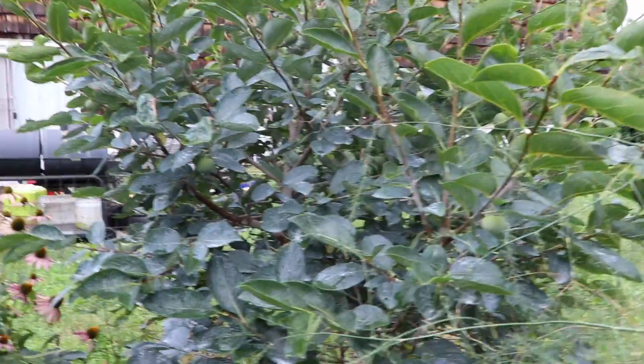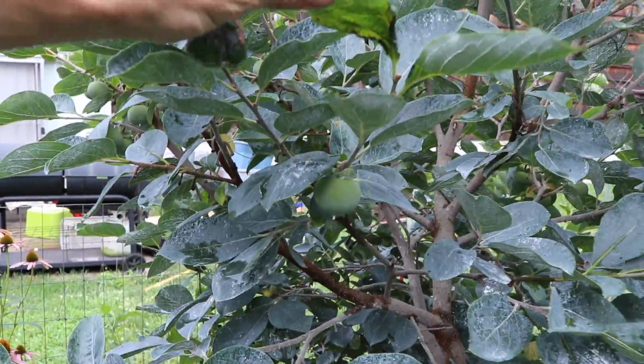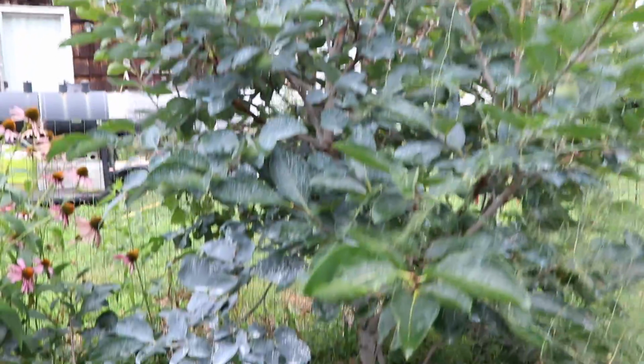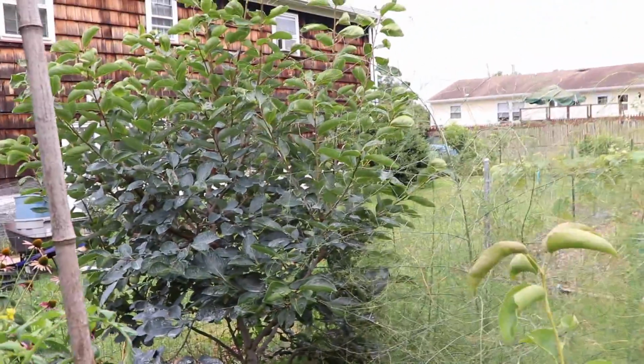Behind that, we've got a persimmon tree. This is one of the trees that really extends our harvest, and it gives us fruit late into the season. This one is a Nikita's Gift. It's not a Fuyu persimmon. So this one's not going to be ripe till like late October, early November. It's got to really get soft, and then it won't be astringent when it's soft, and it's almost like jelly